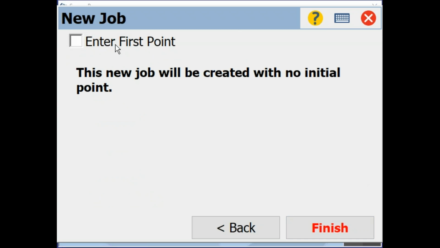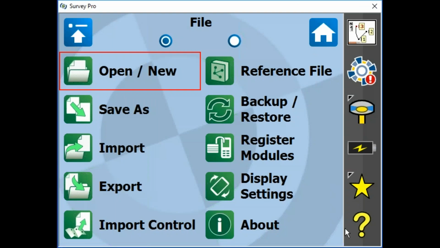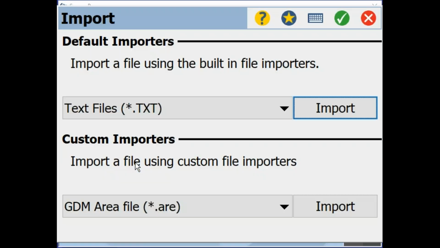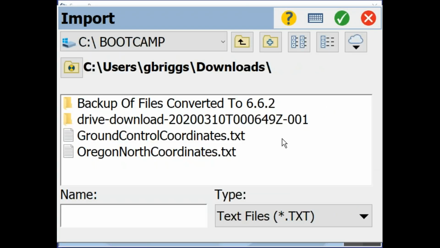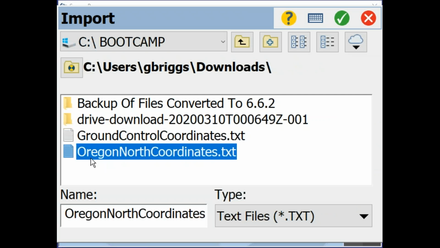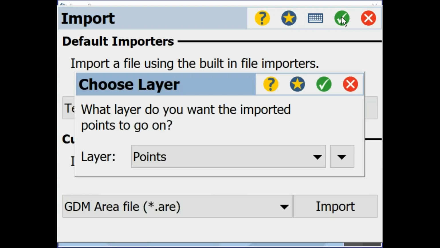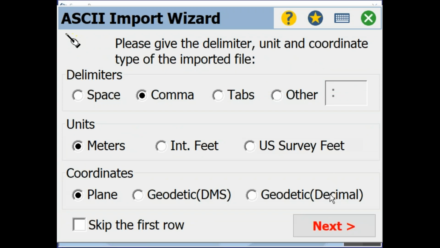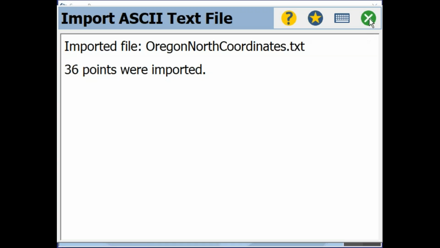I'm going to have to bring in some control, so I'm not going to bother entering the first point. We'll just go ahead and click finish. And now I'm going to import my control from a text file. This time I've got Oregon North coordinates, and they're going to go on the point layer, and I'm all finished